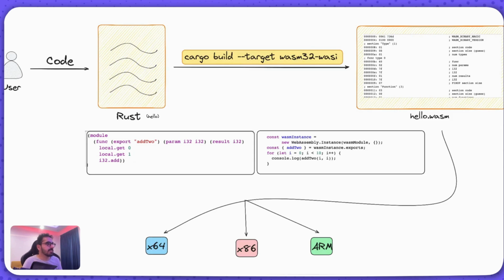This is how the instruction set looks, and this is the WAT for that. So you have the WebAssembly WAT format like this, and this is the JavaScript code to execute that WebAssembly module. So that's pretty simple stuff. That's how it looks. So you have a WAT, you have the JavaScript equivalent code, and then this is how the instruction set looks. And when you compile it using the same tooling, you should be able to run that on any architecture using